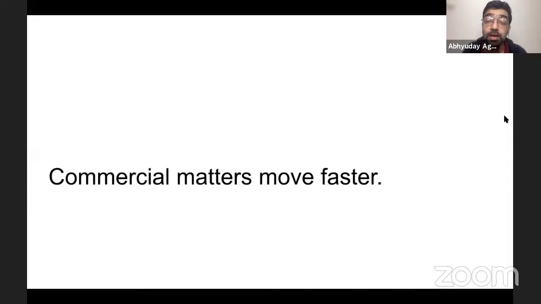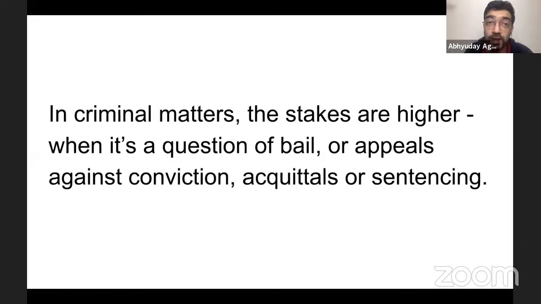Commercial matters which are before tribunals, they move much faster. There is more likelihood of negotiation and out of court settlement based on what's happening in the courts and tribunals. In certain aspects of criminal matters, the stakes are higher when it's a question of bail, appeals against conviction, acquittals or sentencing. This is where again you have to look at, okay, how can I get my client